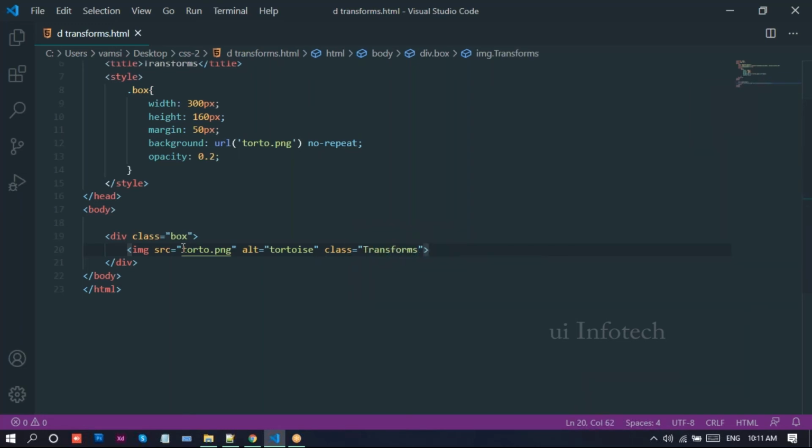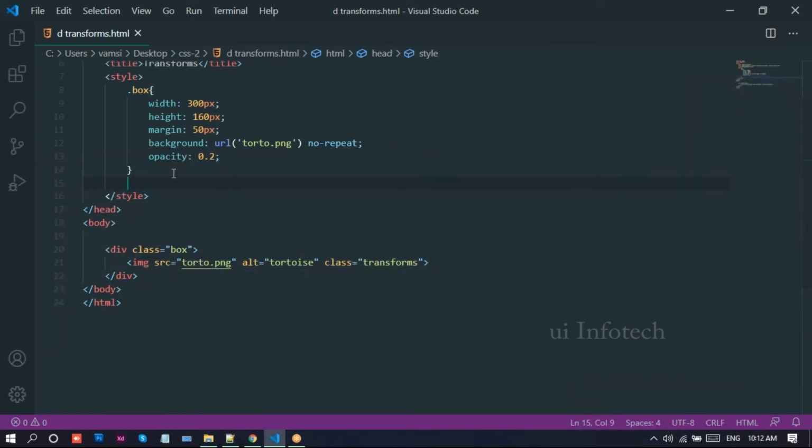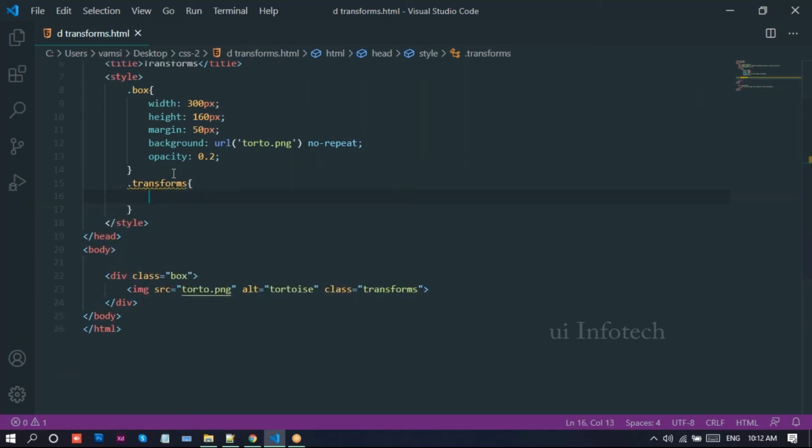Here I'll provide the class name transform. Don't give capital letters, give small letters. A class is denoted with a dot symbol, so write the transforms.